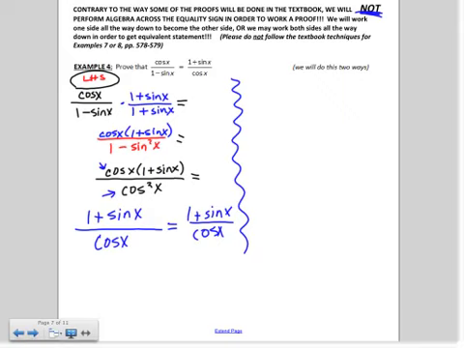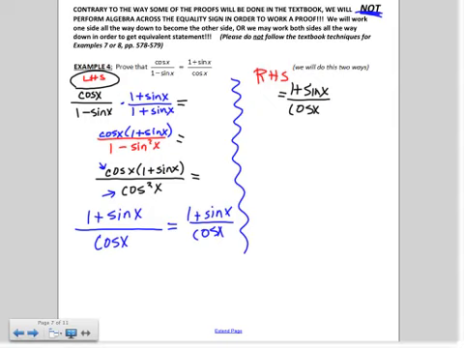All right? Now we're going to do it the other way and work the right-hand side down. That means the left-hand side is going to stay the same, and we're going to try to get the right-hand side to that. Okay? So, you want to do it? All right. So this time, notice that our nasty stuff is on the top. So we have 1 plus sine x over cosine x. And honestly, I don't know why I would multiply. Well, I could multiply by cosine, but